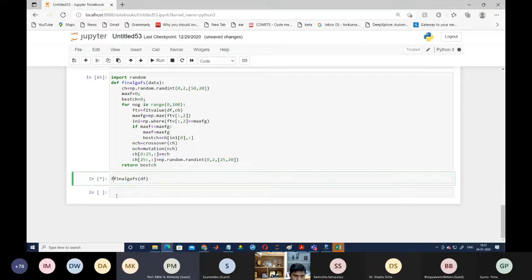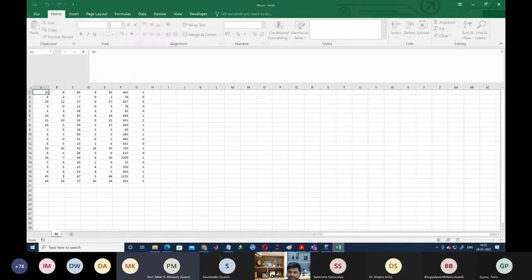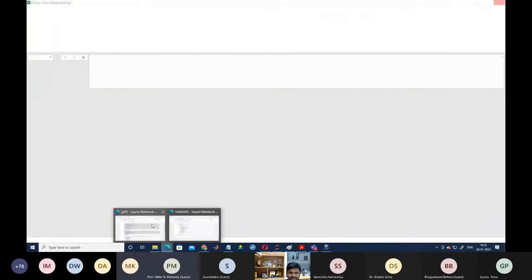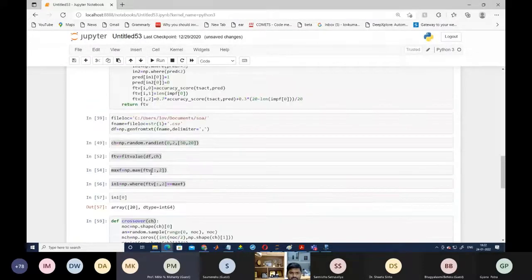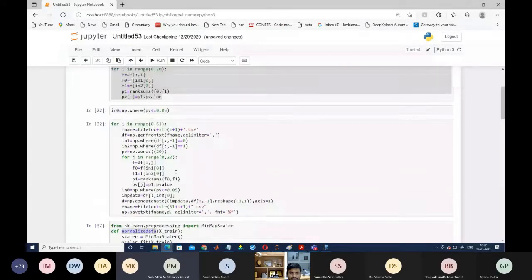So we are writing here final feature selection, final set equal to this one. So now you can see it is working. It will take some time to give the output. It is working here because we are using the genetic algorithm, so definitely it will take some time to find the best combination of features. Now you can see it is already calculated. This is the best combination of features. Ones represent the selected features. You have to use only these features. Later I am going to reduce the number of generations from 50, and then we are using the same approach as we have used for this one.